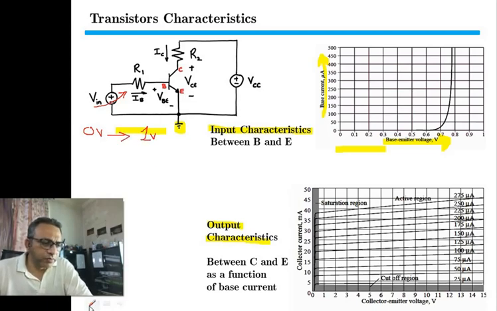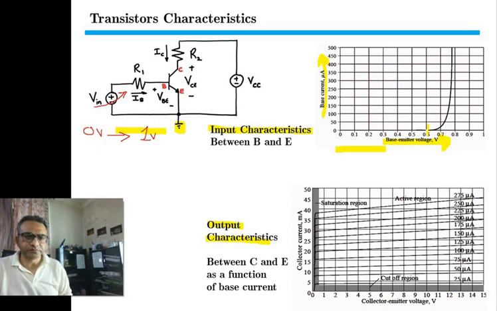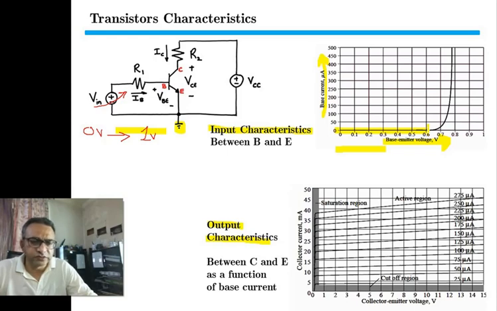Now what will happen when we increase input voltage from 0 volt to 1 volt? Because of the depletion region, from 0 volt to 0.6 volt there will be no activity, because the depletion region has 0.7 volt of its own, and to overcome this depletion region voltage we must supply an external voltage larger than 0.6 volt or 0.7 volt. After 0.6 volt, when we increase the external input voltage, we observe that the current starts to rise.